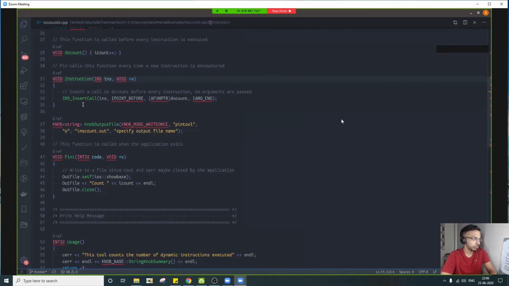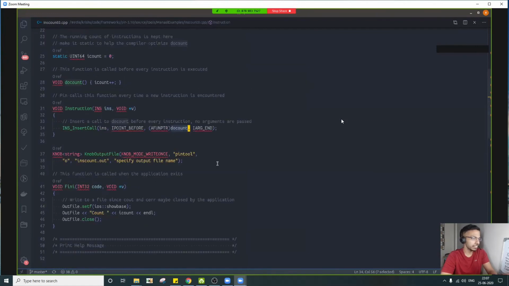So right now we are instrumenting each and every instruction here, but you can actually decide on your specific criteria. Let's say you want to only analyze the calls which are being invoked throughout the application. So you'll say, I just want to add a callback routine before every call instruction. You'll inspect here the instruction, this INS variable, and see if it is actually a call instruction. Then only you can insert a call to it.